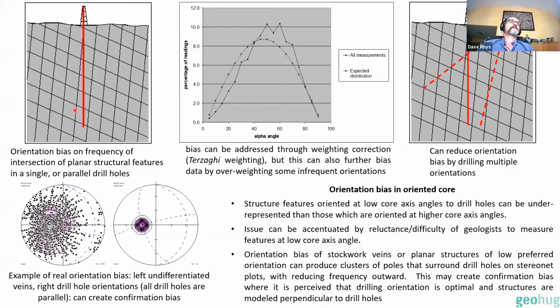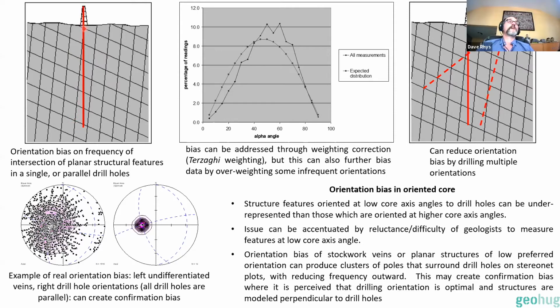You can see on the upper left here, there's a little bit of a sketch showing a vertical drill hole intersecting structures of two different orientations. The steep structures you can see here are barely intersected, but the ones that have a more gentle dip to them are intersected far more frequently. So right away, you can see that you're going to get an orientation bias in your structural data